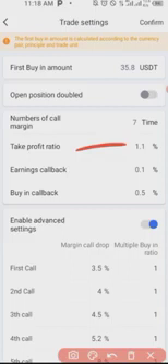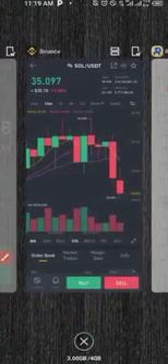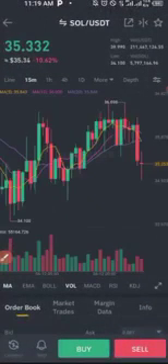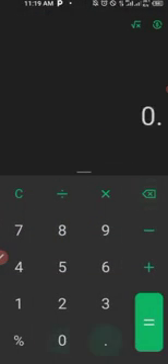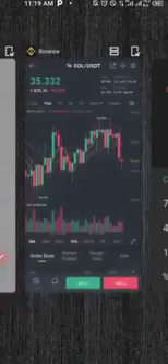Now I've made about 3 cents profit. Then I'll now tell the bot this is the buy-in callback. What does the buy-in callback mean? Let us now come back here. So let us now go to our calculator. You can see 0.5% of 35.8 means if this price drops by 1.7 cents, if the price drops by 1.7 cents here,